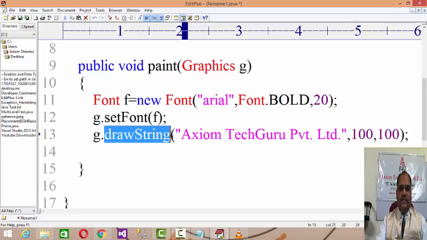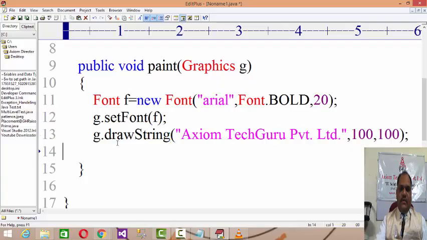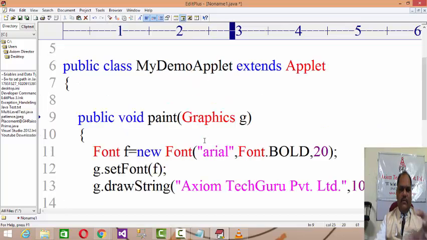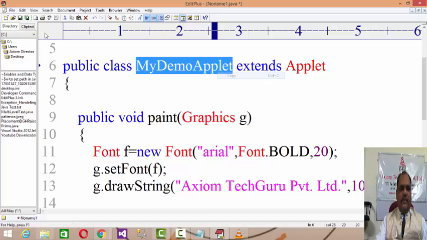drawString is a method, just like, as I said, in the console applications which run on the command prompt we use System.out.println. But in this case, as this is not a console application and is going to run on the browser, it provides the method drawString. drawString is a method belonging to the Graphics class, and Font and Graphics are classes belonging to AWT. So now I'm going to give a simple demonstration of your applet. Your applet is ready now, so what you need to do is save your code.